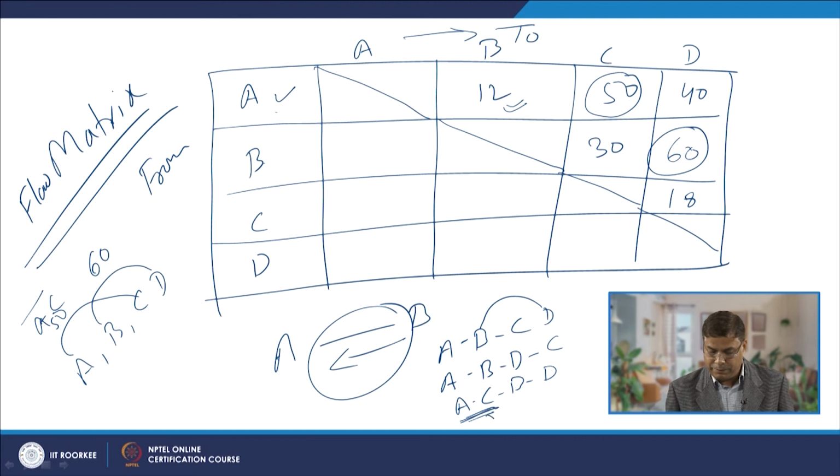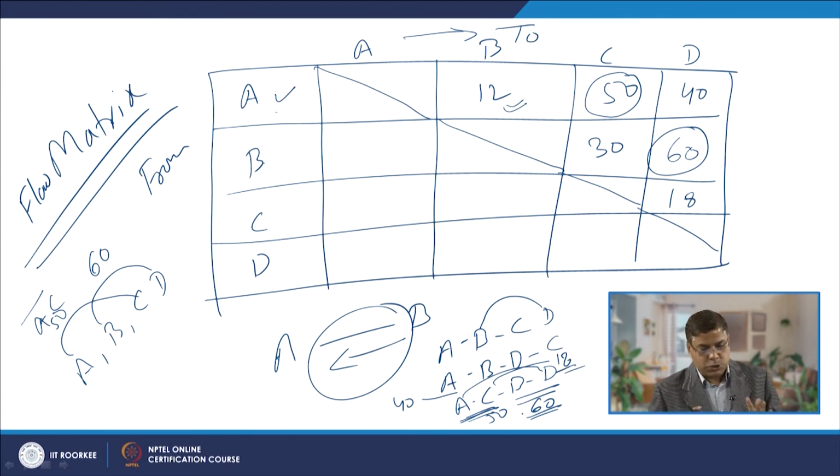So, A and C having the 50 movement and B and D having the 60 movement are both next to each other, while A to D movement is 40 and C to D movement is just 18. In this way, through the flow matrix chart, we are able to identify the work centers where the movement is maximum, or second highest or third highest. Then efforts are made to see if we can really bring them close to each other.